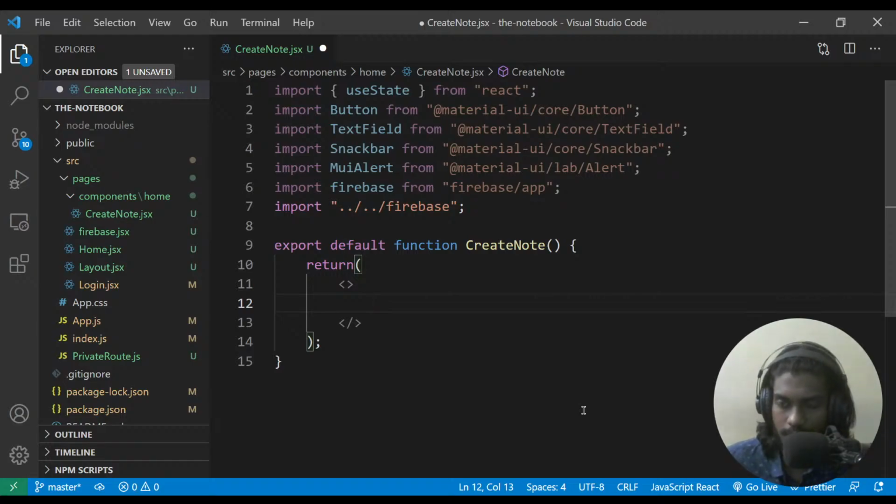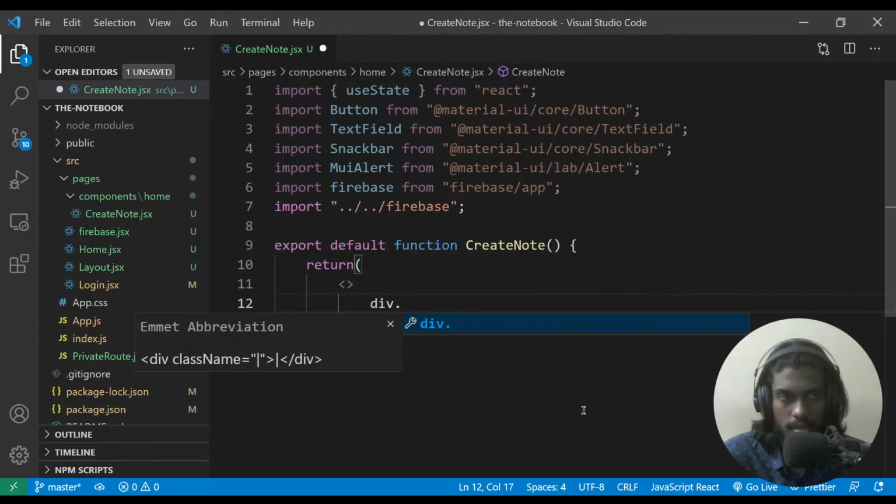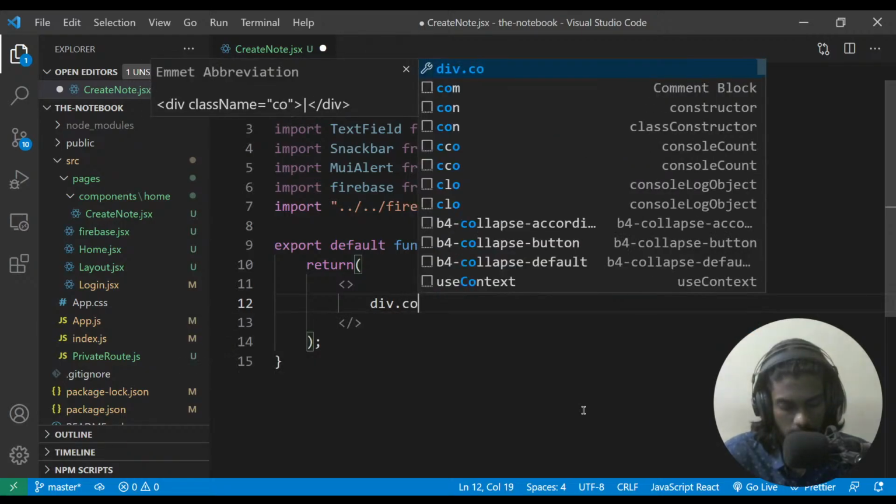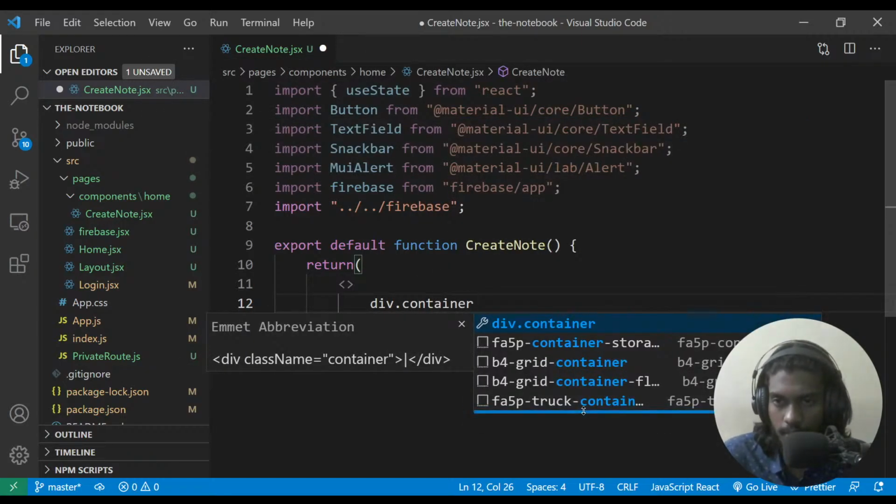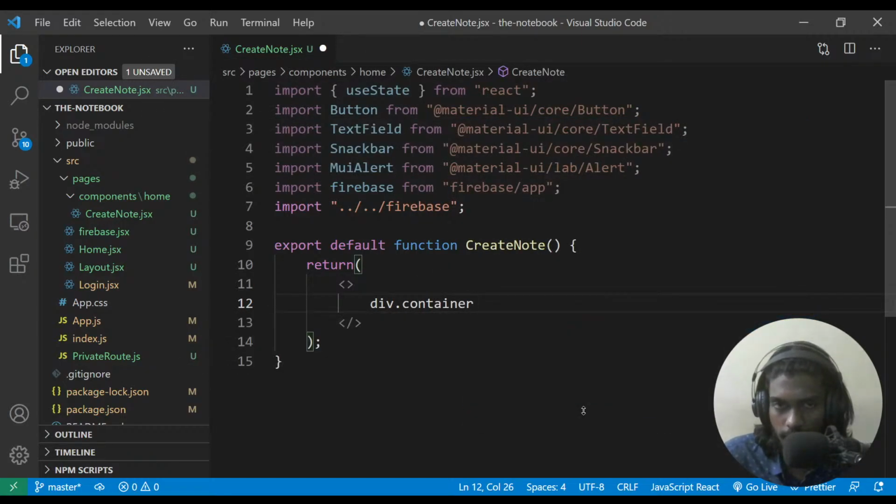Again, use the Emmet syntax that I taught you. In case you don't have Emmet set up, people like Silva Prasad, I don't know if you figured it out. If in case you don't have it figured out, just type it in manually, okay? Pretty easy. Div dot container. So I'm going to create a div element and I'm going to give it a container class, and I'm